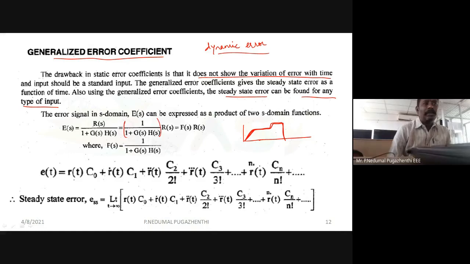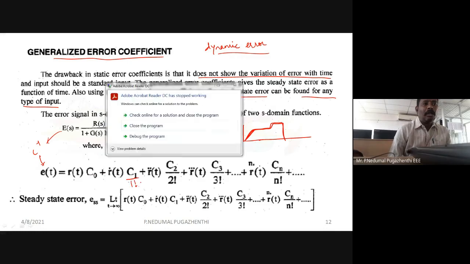This is a product, and this 1 by 1 plus G of s H of s can be considered as F of s. So F of s is equal to 1 by 1 plus G of s H of s. If you take the Laplace inverse of E of s, then you get E of t, which can be written as R of t into C naught plus R dot of t into C1 by 1 factorial plus,